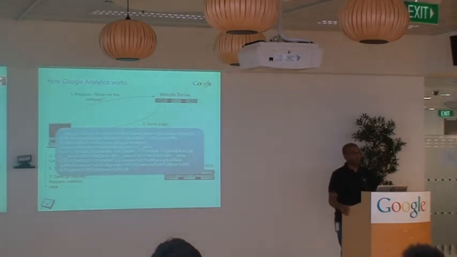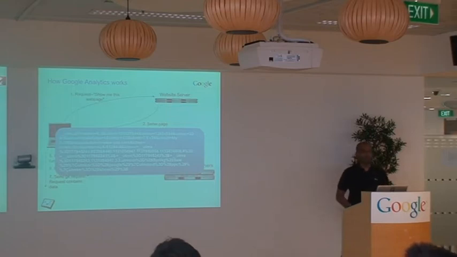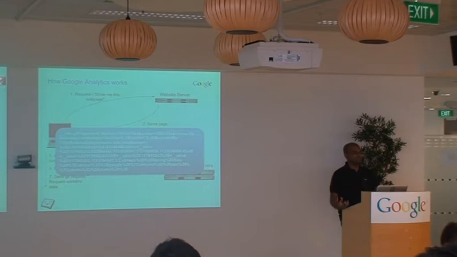Shall I give you a minute here to read through it and decipher it? So don't worry about it. If you want, you can go to our code.google site and you'll see you can get the full documentation on this. But it sends across all this information it's collected in the request parameters for the GIF hit. And so this gets logged on the server logs on the Google Analytics servers, and then these logs are processed on anywhere from a 3-hour to a 24-hour basis. And these logs are read, written, sliced and diced, processed, and then you get to see the data in your reports.